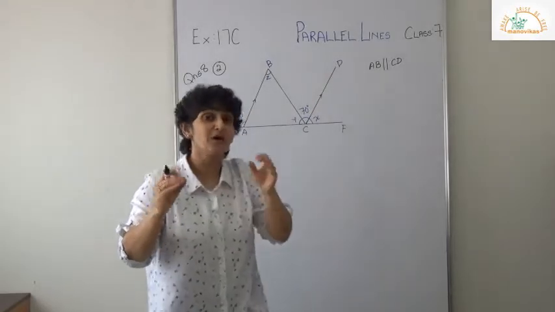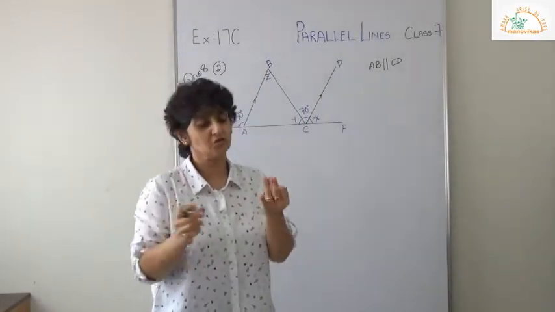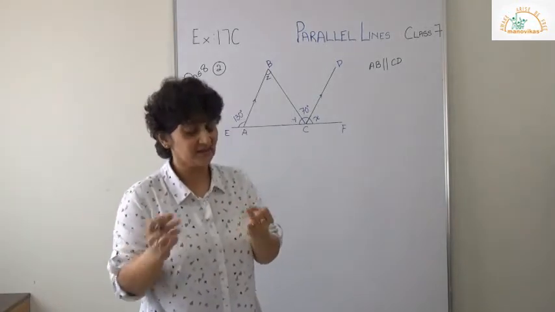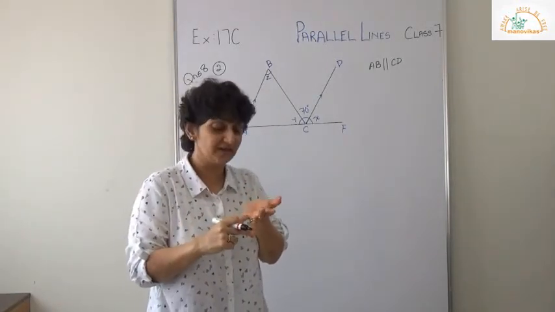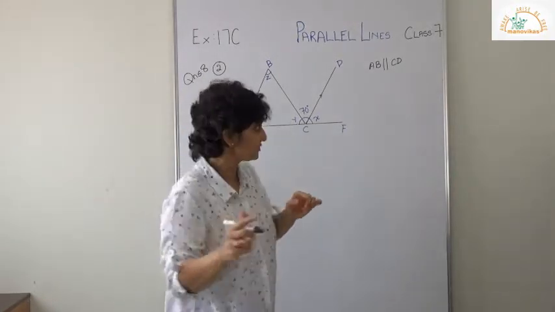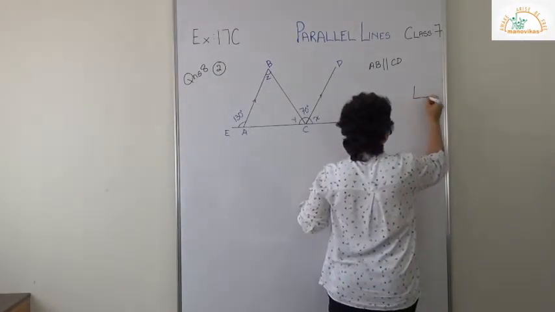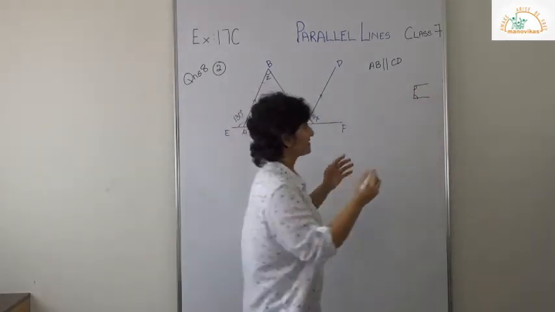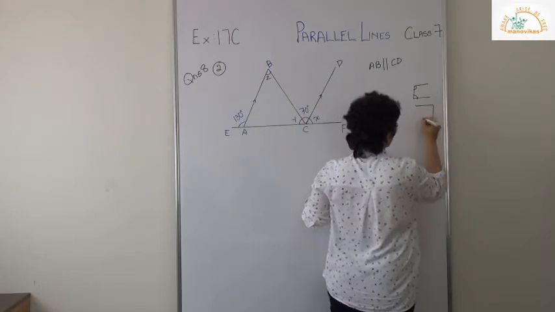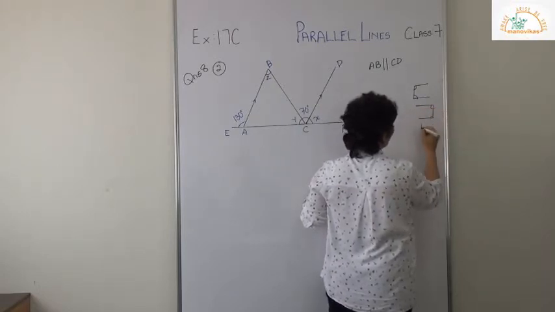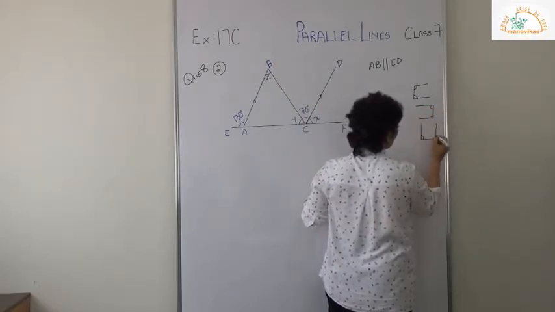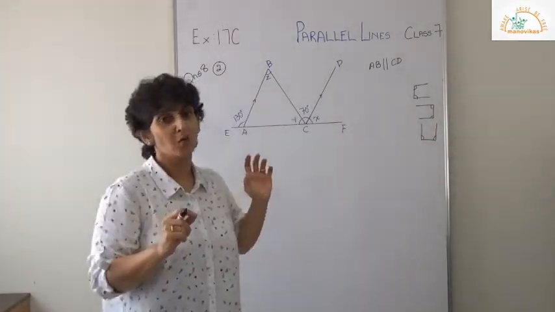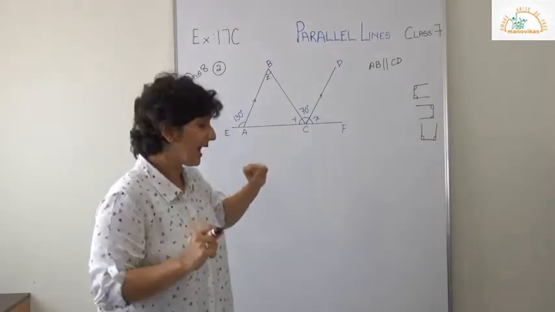Children, whenever you hear the word parallel, remember the rules. You know alternate angles are equal, alternate interior, alternate exterior. Then you know corresponding angles are equal. Then you know co-interior, those boxes I told you. Co-interior. Please remember these boxes. Co-interior, exterior. It could be any shape. This way, or it could be this way, or it could be this way. So any shapes like this, when it gives you a box shape, these are co-interior angles.